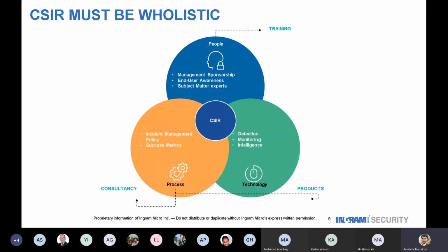We need to give trainings to the people to have knowledge, not only the incident response team and not only the security and help desk team. We need to give trainings to everyone in the organization, especially now after COVID-19. Definitely, we are facing much more threats on our business every day. So we need to tell our employees, non-technical employees who are working from home, like HR or finance and so on, what they should do when they work remotely to protect themselves, for example, and protect the valuable assets that they